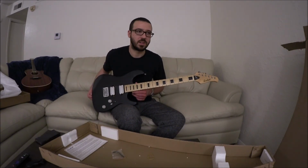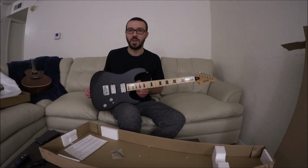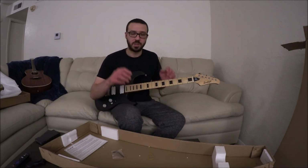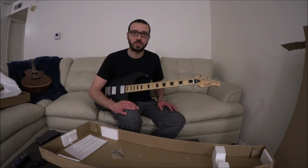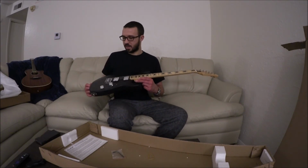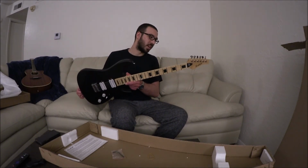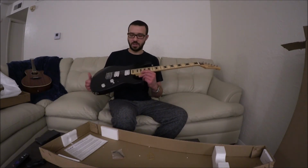And I have heard Michelangelo Badio play this guitar on live streams on his channel, which go check that out if you haven't already. But this is the first guitar that I've ever not only purchased, but actually ever heard of with a sycamore body. And the body is very, very light. So even though, well, I don't know, maple is not necessarily light, but this guitar is actually neck heavy. So you have a very light body,